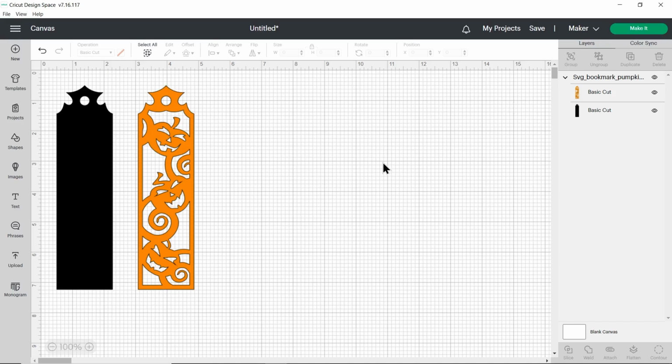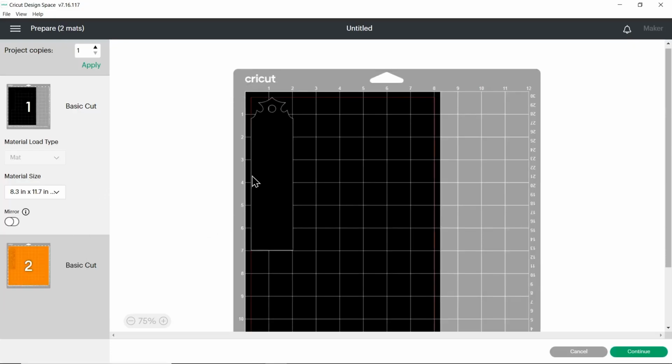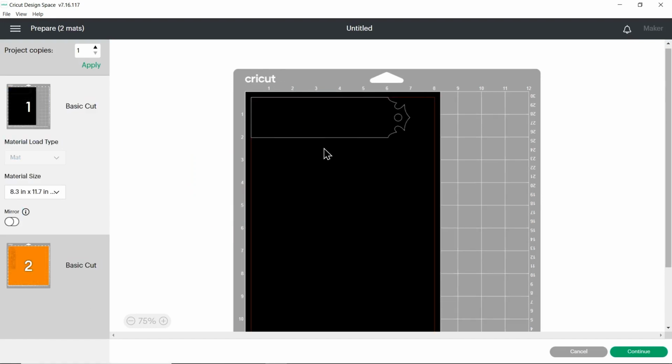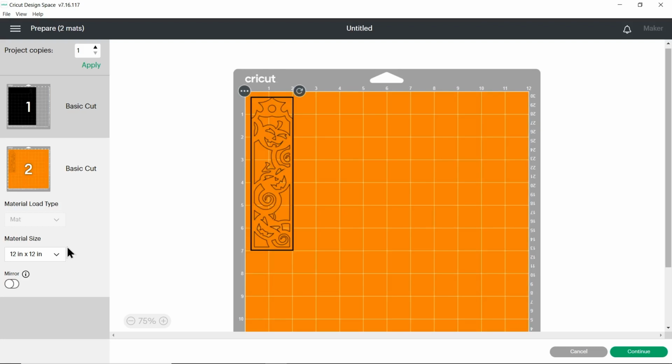So when you press Make It, you can change the paper size if you want to. And this is really wasteful in terms of your card. So press Shift on your keyboard and drag that arrow, and then you can move it to the top. And that way you've got all of this card left to be used for a different project in the future. I'll just show you again on this one.